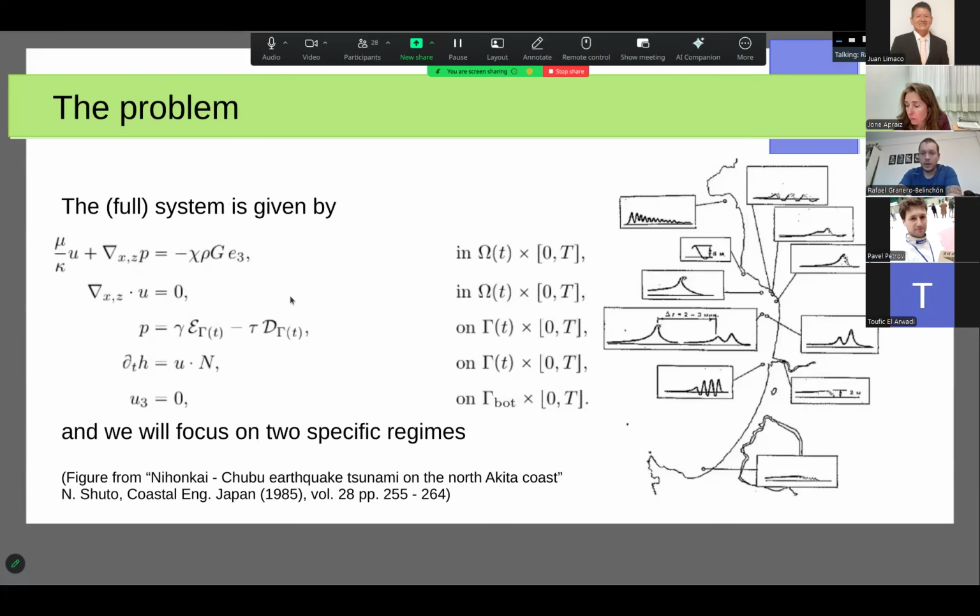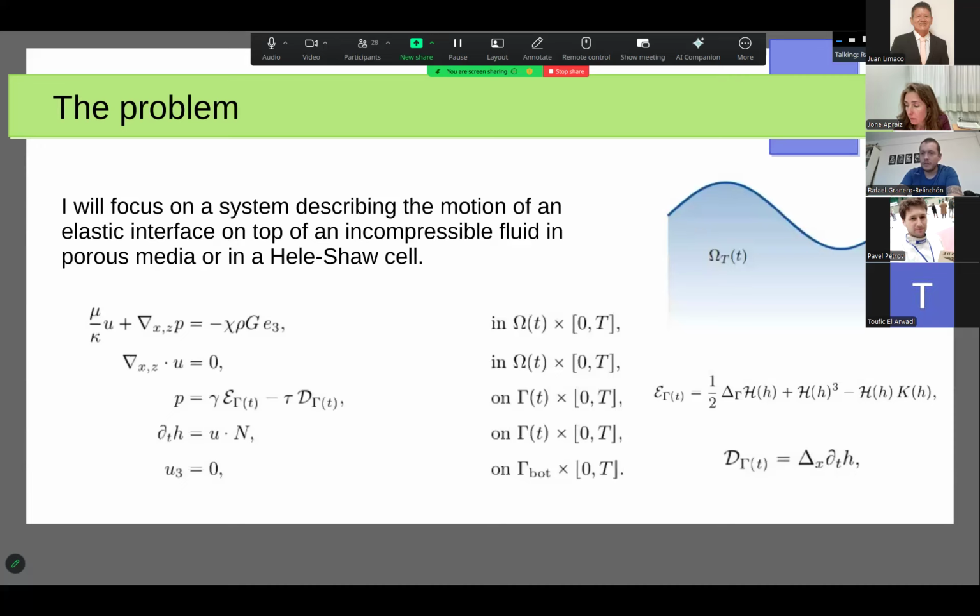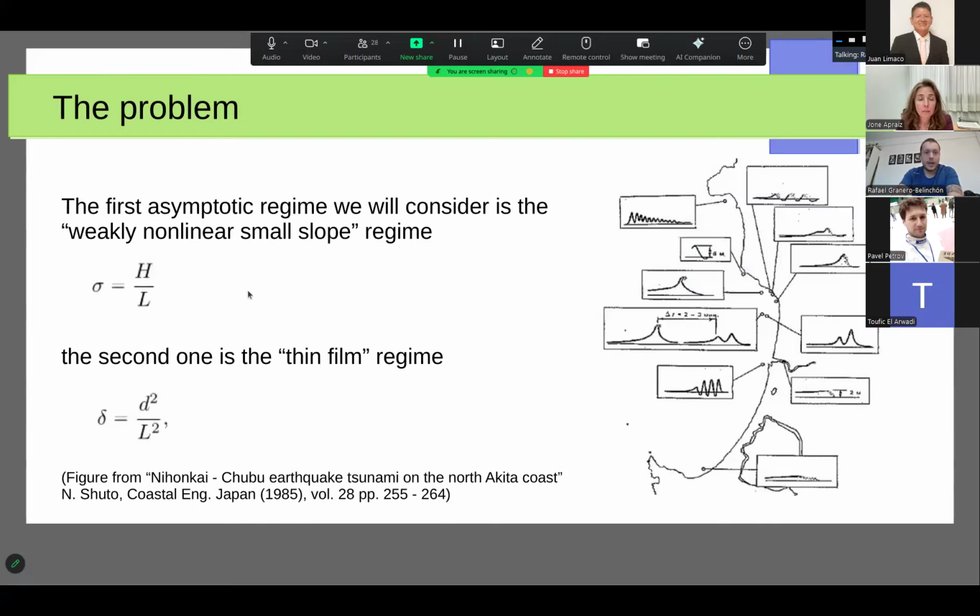Let's say that this is the equilibrium, so it will be this number right here. And capital L will be the typical wavelength. We will assume that this is a dimensionless quantity, sigma, and that this sigma is small. Instead of the full system that can describe every situation, we are going to focus just on the situation when sigma is small,